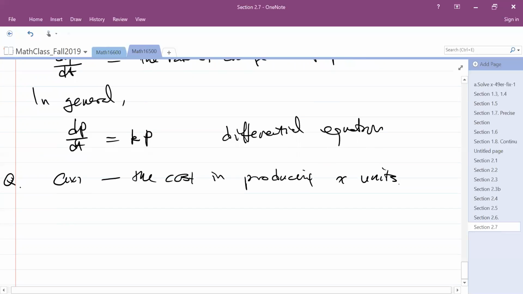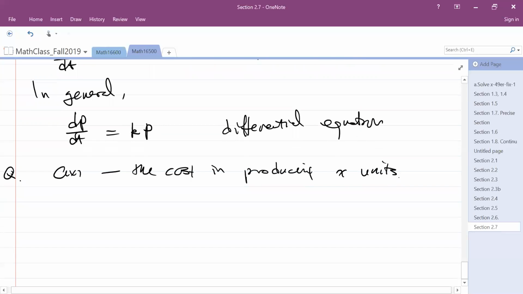Now let's understand. It's a cost function. It depends on how many units you're going to produce. But it's not linear. There's a fixed cost. In general, it's a linear function, like a fixed cost plus a constant